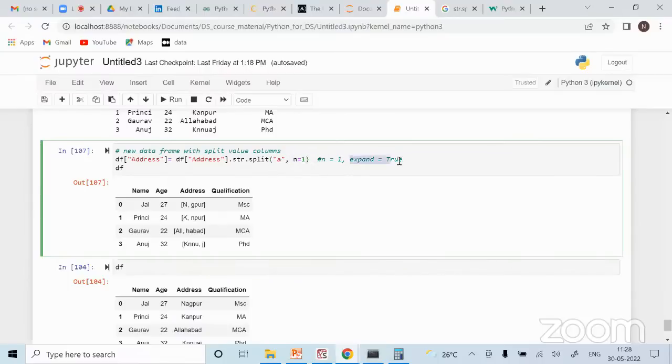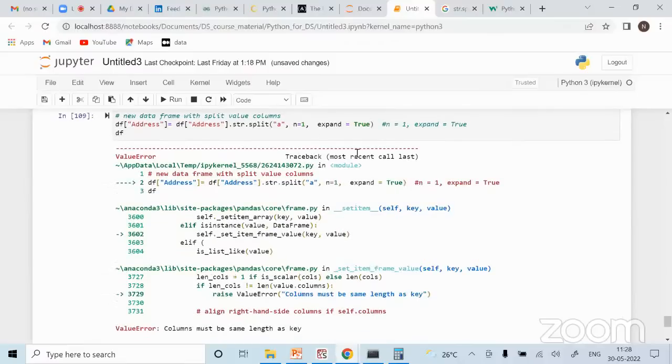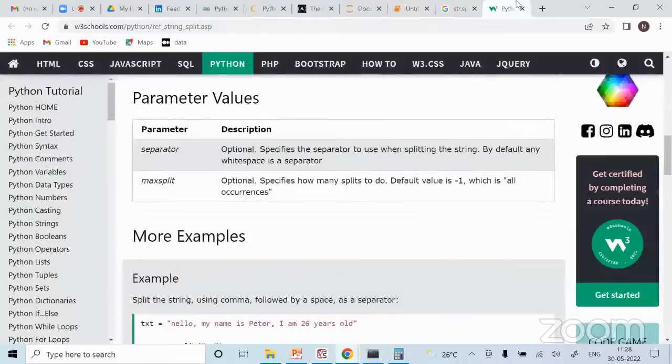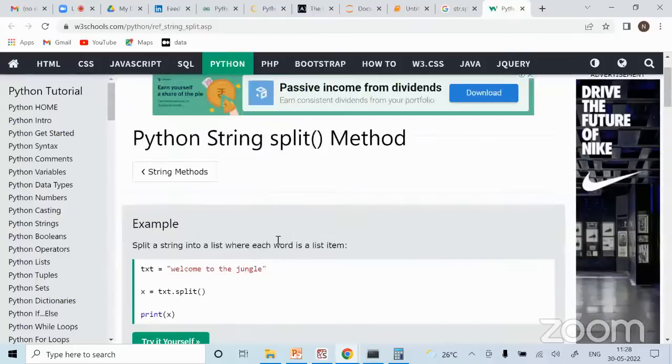Now it was failing if I give expand equal to true, right? Let me try that out again. Yeah, if I give expand equal to true, it is giving an error. So let's try to understand what this expand is. Here it is not given, so let me search some other tutorial.